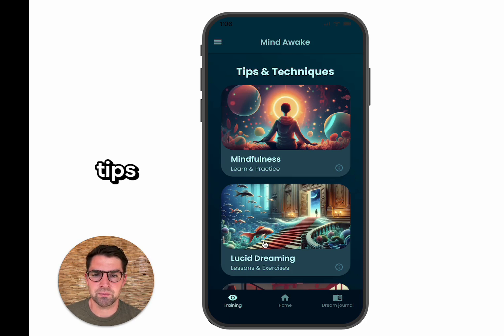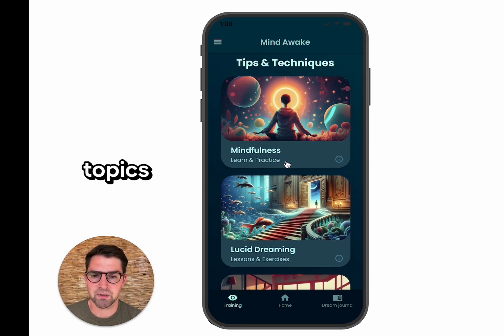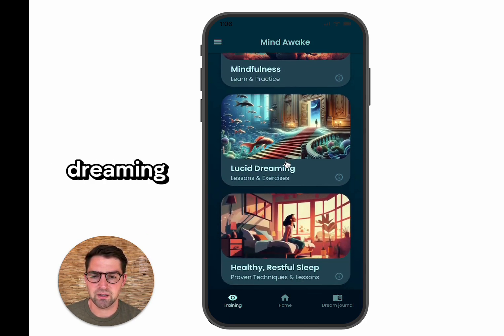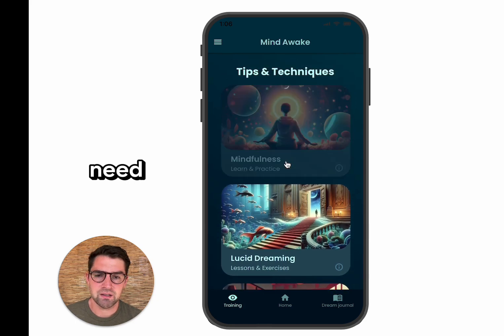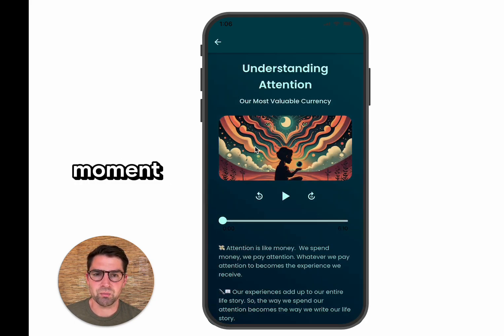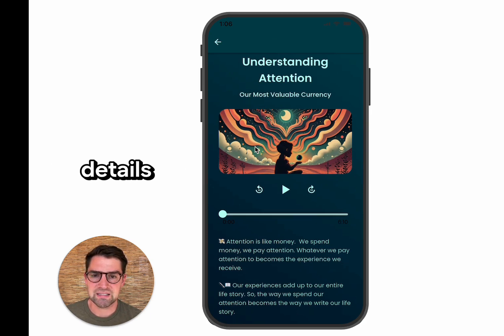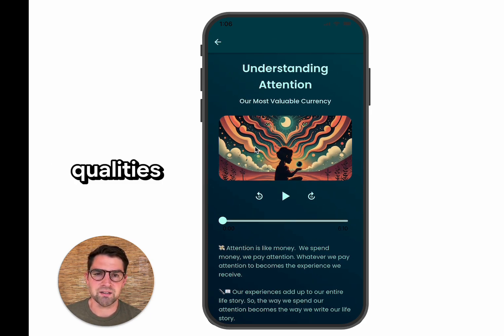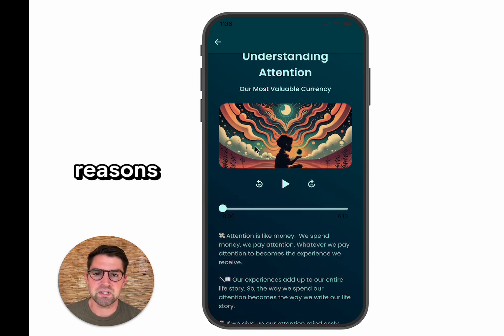This tab is for tips and tricks. So topics like mindfulness, lucid dreaming, and healthy sleep need to be unpacked. There's a lot to learn when it comes to these sort of vast topics. Practicing present moment awareness is not the only aspect of mindfulness. There are many details and many qualities of consciousness that we can learn to pay attention to, and many different reasons why these practices can help with our mental health and our well-being.